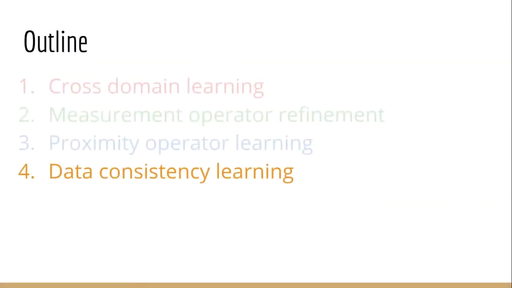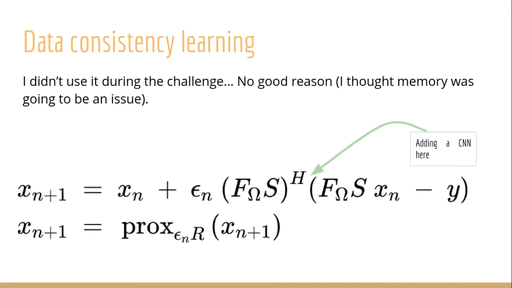And now finally onto the learning of the data consistency. A strong disappointment, I think, but I didn't use it for the challenge I took part in. I didn't really have a good reason for it. I didn't benchmark it, but I thought that memory was going to be an issue. And actually I can say it now with certainty, it's actually an issue because if you use data consistency